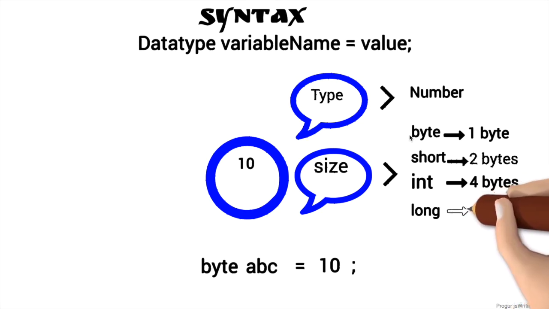Okay, but how about long? So the long takes 8 bytes of memory, which is 64 bits, okay? As simple as that if you convert it, alright? Okay, so as of now we have learned how to declare a variable using an appropriate data type, and